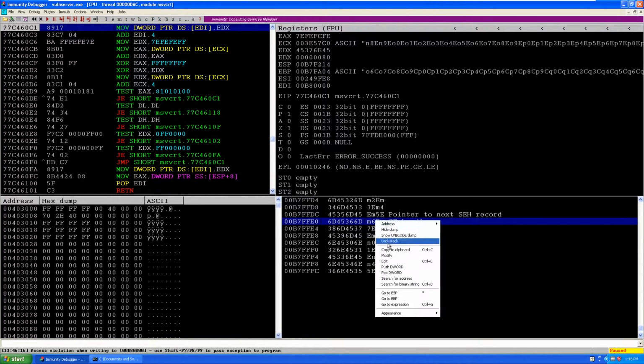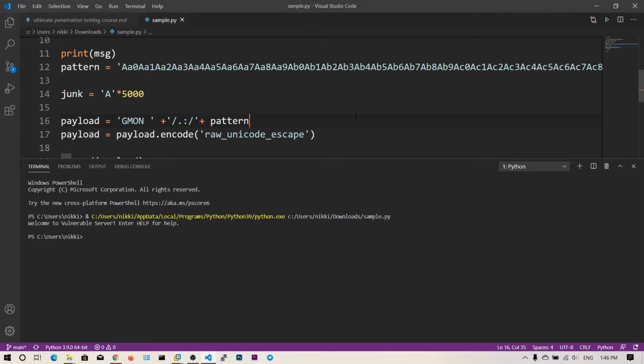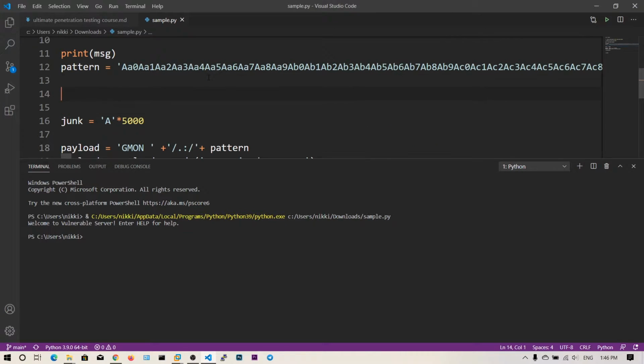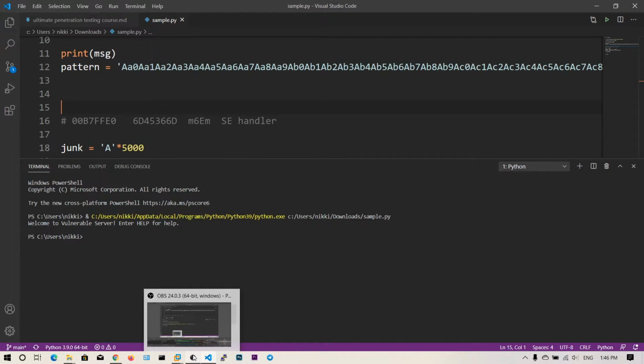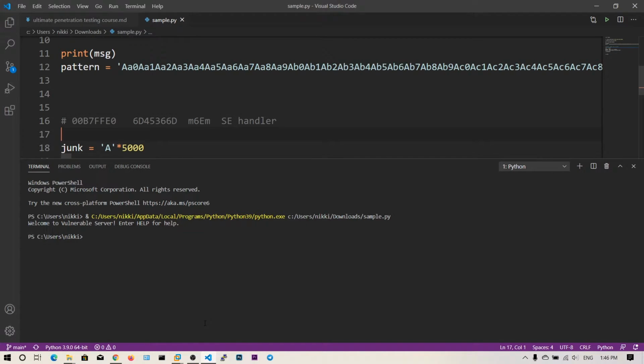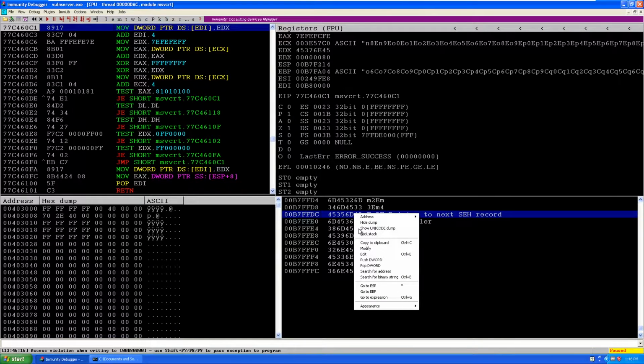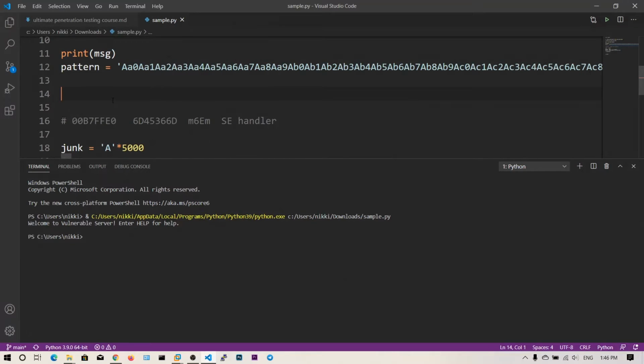The contents, let me copy to the clipboard and paste it in the comments. And now let's also copy this pointer to next SEH record and paste it in our comments. Now we need to find the offset of this.